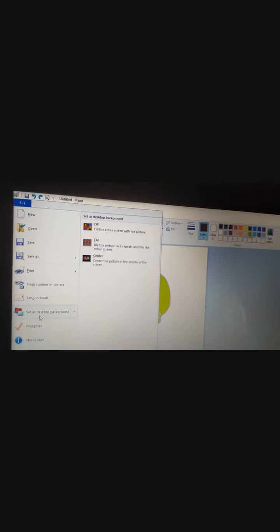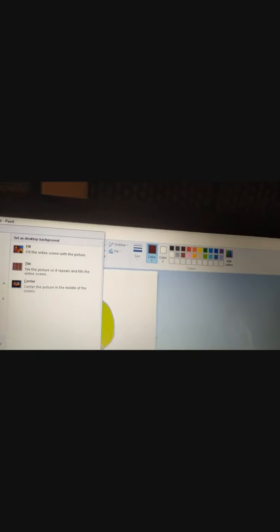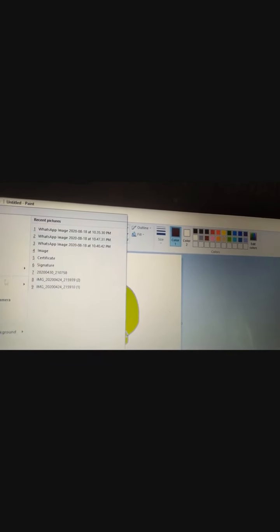Set as desktop background option is there. Over here you will get 3 options. Fill view, tile view and center view.